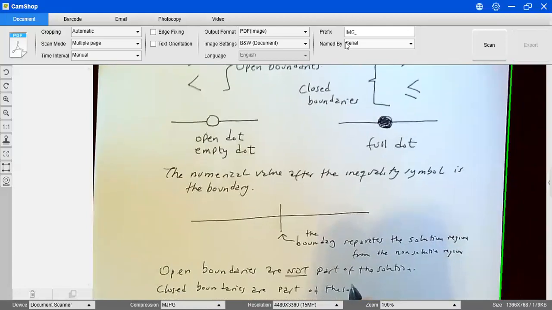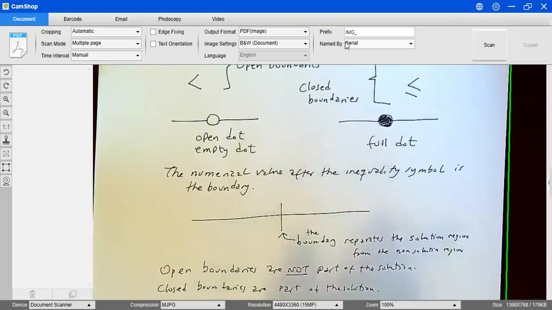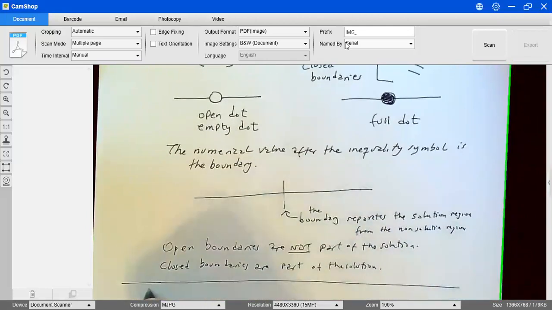That's what we need to take into account. We need to find the boundary, and then we need to find the kind of boundary. Remember, we're going to use open dots for open boundaries and full dots, completely filled dots, for closed boundaries. We're going to start solving some exercises dealing with graphing solutions, and then we're going to find the actual solutions, even of any inequality. We're going to start with example